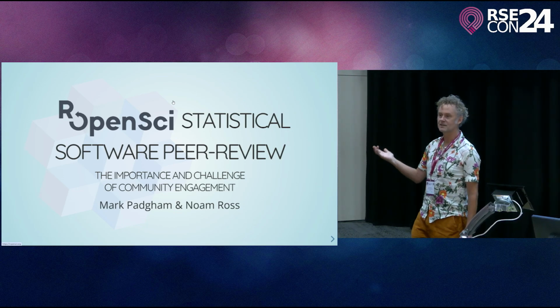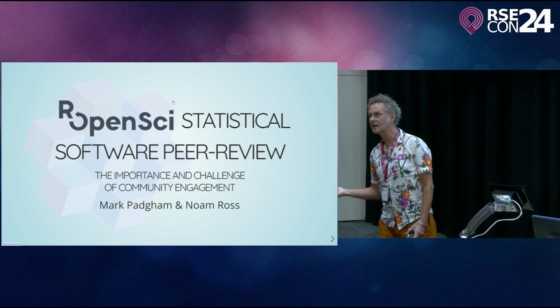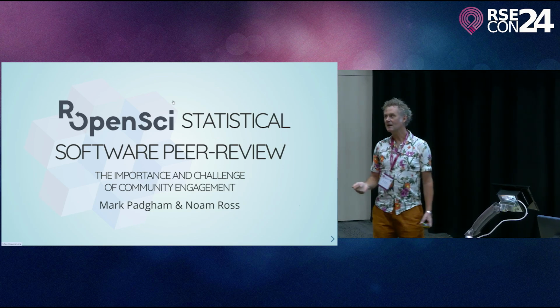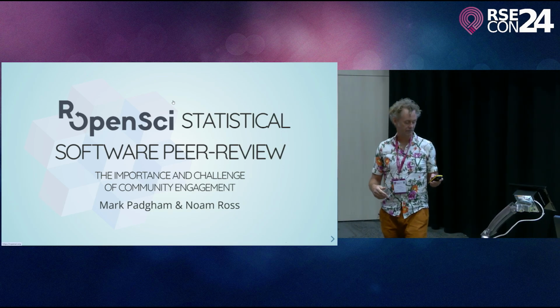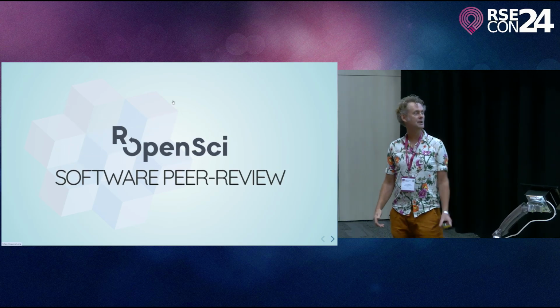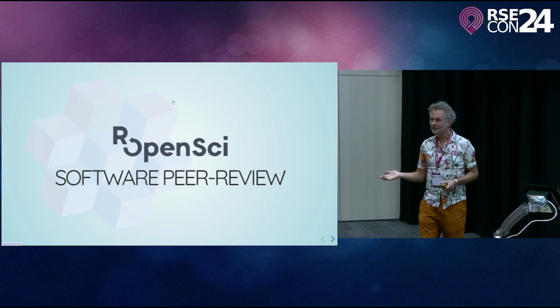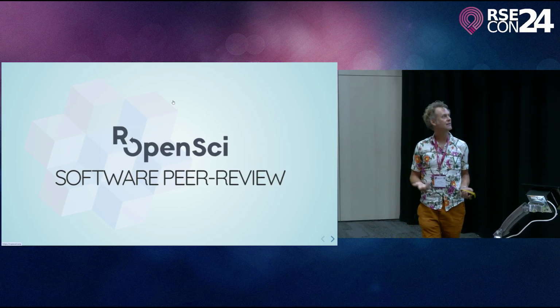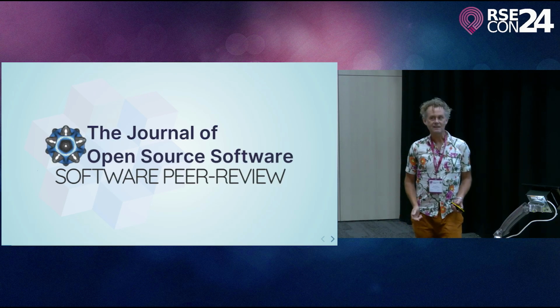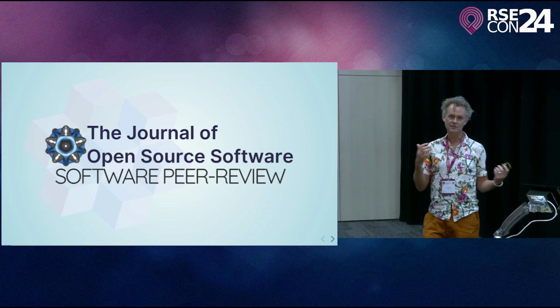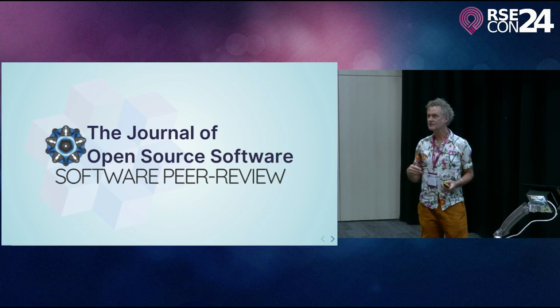And that sort of process only happens with really strong community engagement. This talk's going to be all about the challenge of achieving that kind of level of community engagement. Before I get to that, I do need to talk about some technicalities of the software peer review process. The talk we just had, or the walkthrough, was from Journal of Open Source Software.